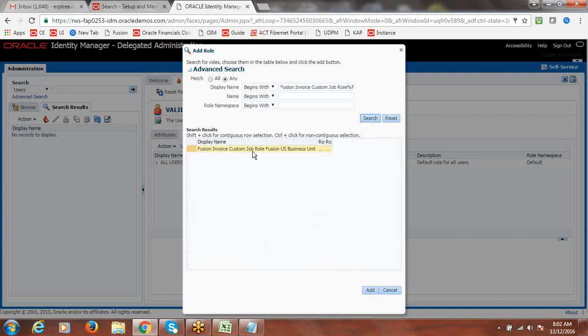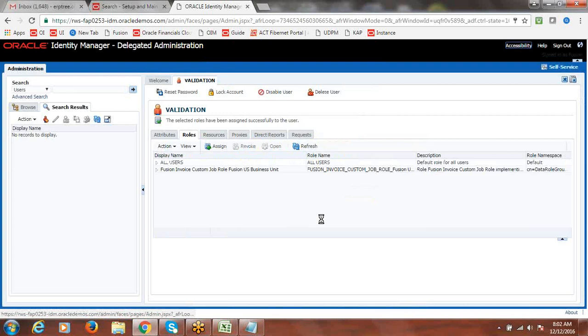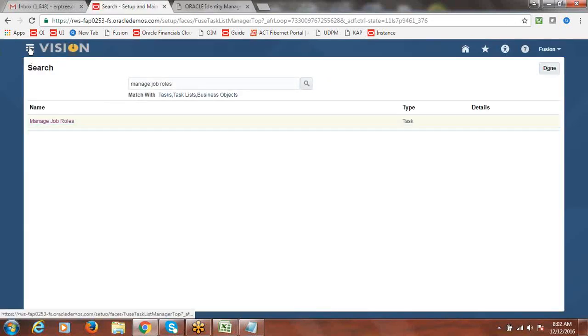Okay, Fusion Invoice custom job role, Fusion US business unit. Select, so add. Then you can submit LDAP.